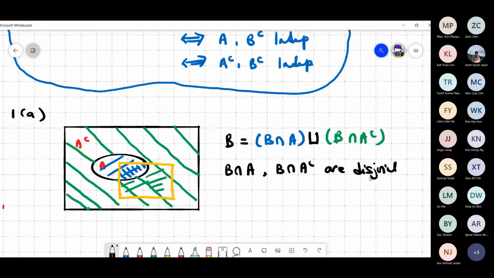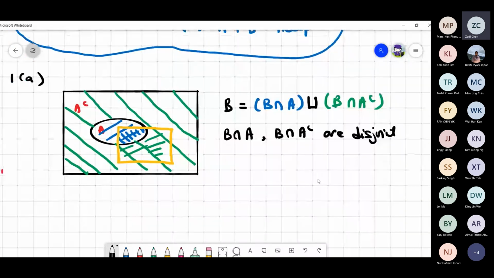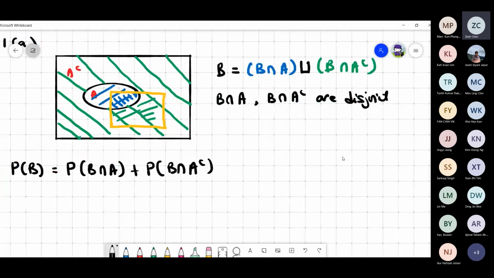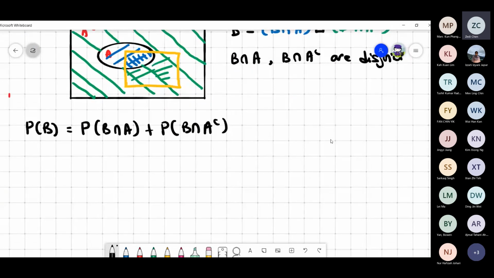I think this is quite straightforward. Now using this, we can apply the formula. So P of B can be written as P of B and A plus P of B and A complement. And because of A, B independent, this one will be equal to,